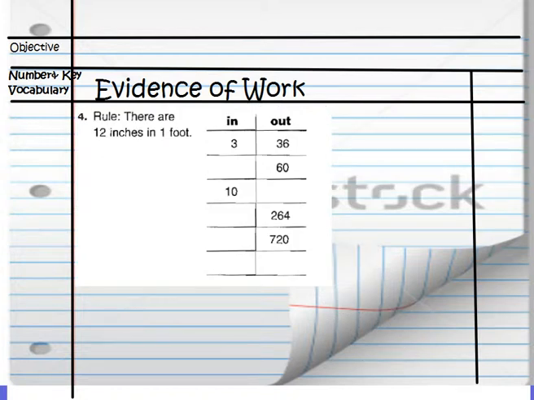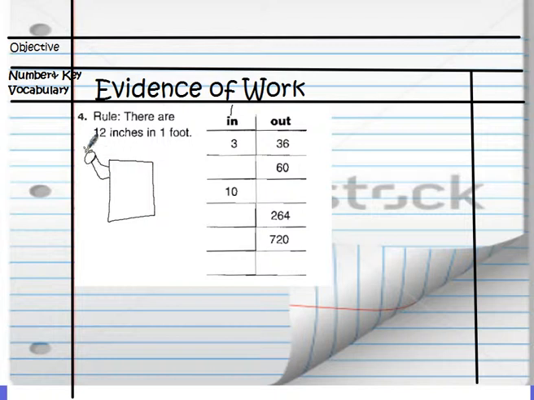This next problem is very, very tricky. So this one helps with measurement. So it's very, very important that you know measurement. And another one is knowing your multiplication facts. So there are 12 inches in 1 foot. So what that means is that if I was to have 1, so if I have my box,